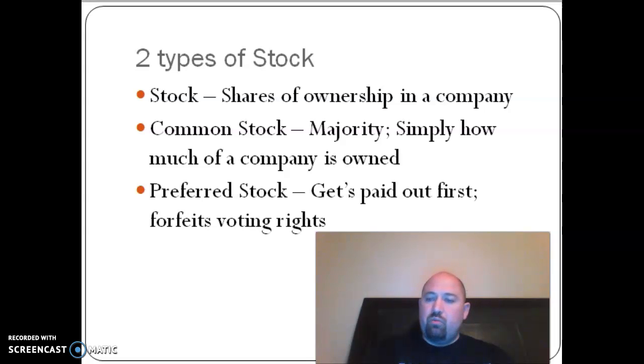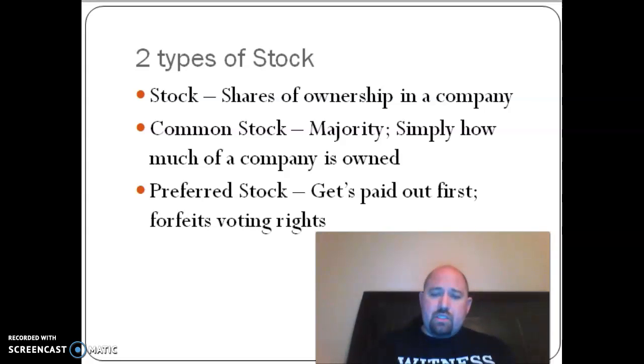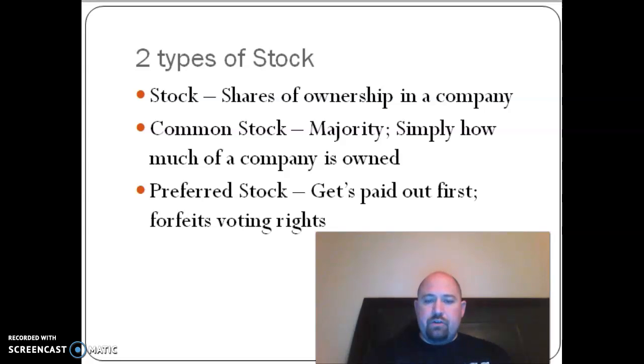Now, there are two types of stock you could buy if you wanted to invest in a company or buy shares of that company. Those are common stock and preferred stock. Now, common stock is the most common type. It's what you're probably going to buy if you log online or you call a stockbroker and you want to start investing in the stock market. So, with common stock, you get a share of the company and you get a share of the voting rights in that company. So you get to be a part of the decision-making process. Now, in a smaller company, you may have put up 25, 30, maybe 50% of the capital to get started. So you have that much of a say in what goes on in the company.